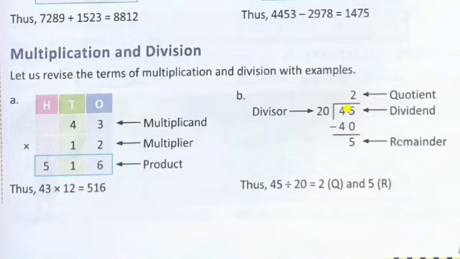When you subtract a smaller value from a bigger value, whatever answer is left over is the remainder. So the leftover is known as the remainder. The number of times of the table which we have recalled is known as the quotient. So here it is the quotient, the number which you have divided is the dividend, and the table number which you have used is the divisor. This way, 45 divided by 20 gives quotient 2 and remainder 5.